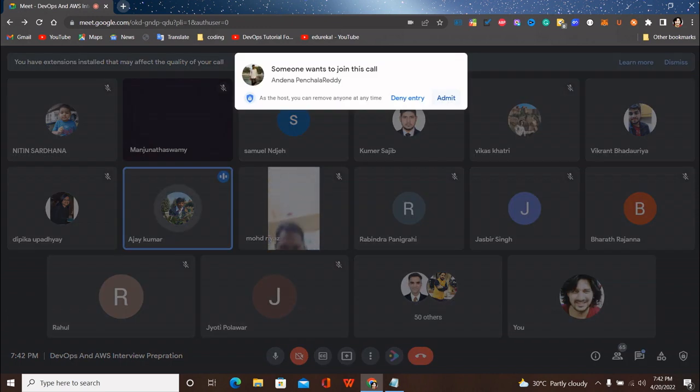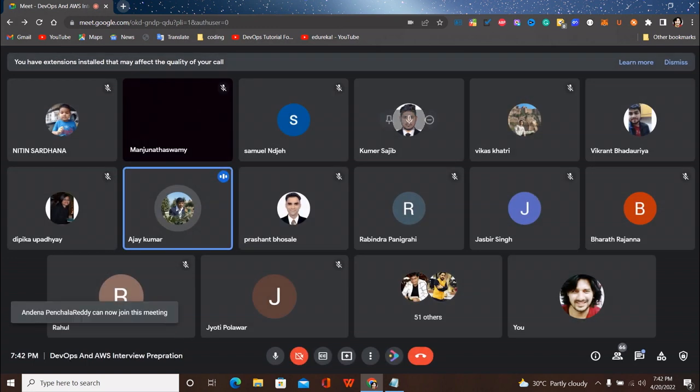You can integrate it as a webhook, so that whenever any developer pushes code, Git automatically triggers Jenkins to say that I have received a new commit, so please pull that code and build it.